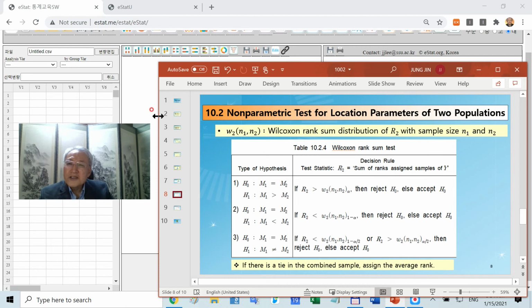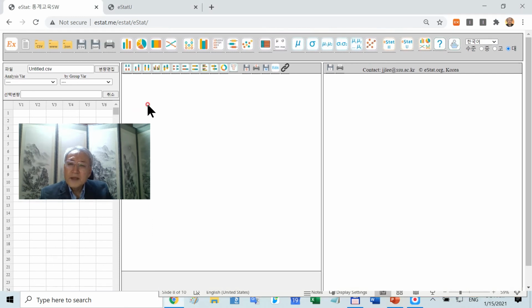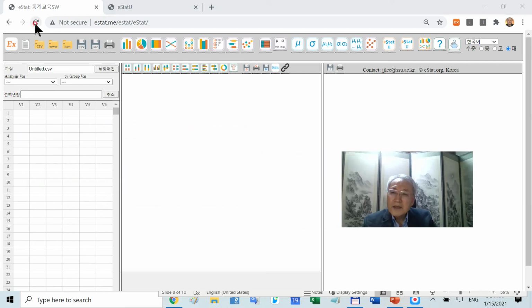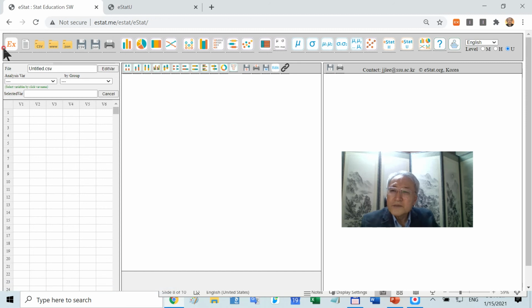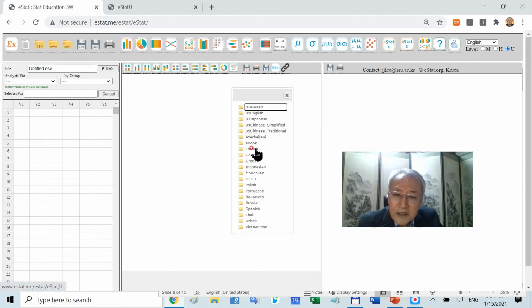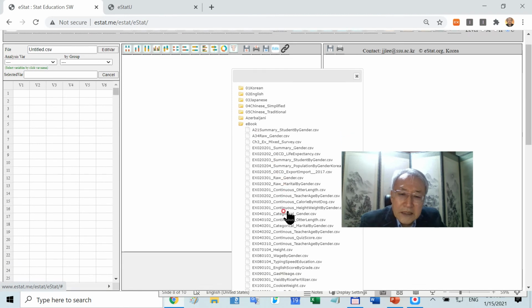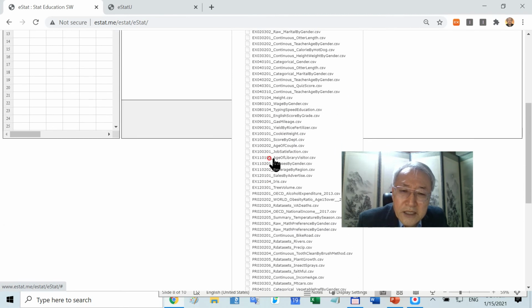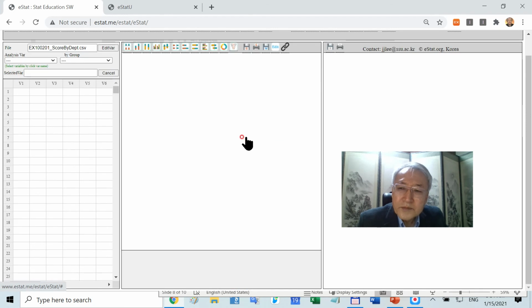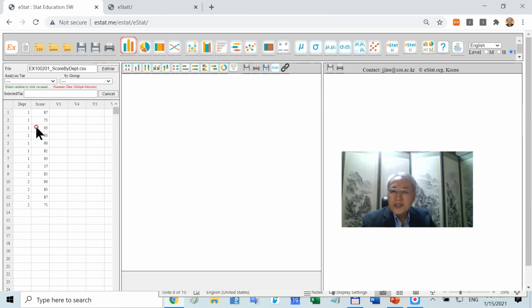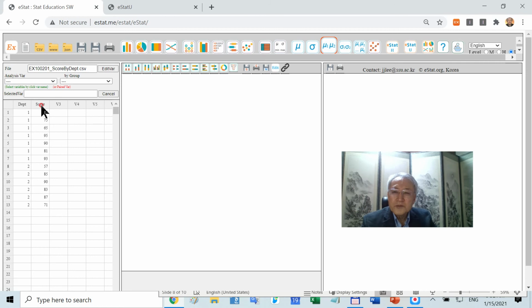Let's practice using E-step. Click this button. Let's refresh this one. Click this button and click eBook. And then we are handling EX10-2-1. As you see, the data look like this. This is score data. This is department data. Click this icon and then